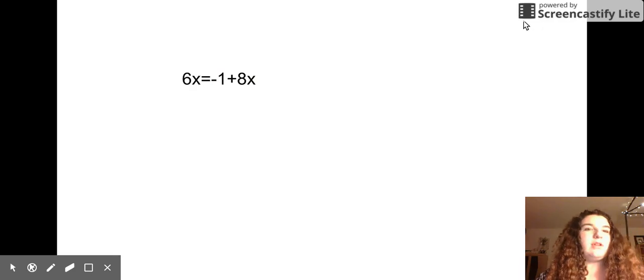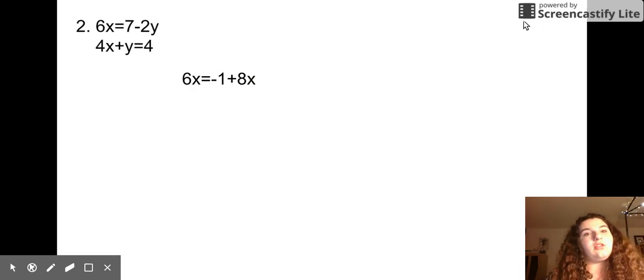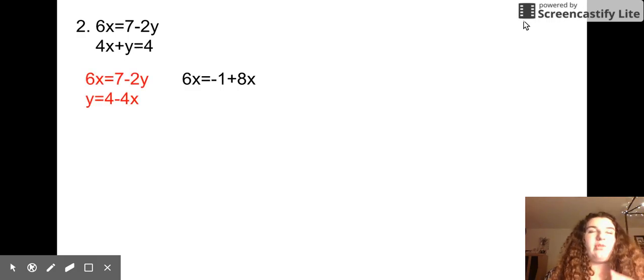So next we're going to use the substitution method, and the two equations we're going to use for that are 6x equals 7 take away 2y, and 4x plus y equals 4. So what we're going to do is we're going to have to change these equations because you can't really substitute it in. So I changed it by moving